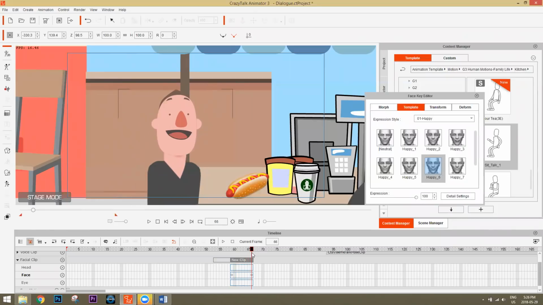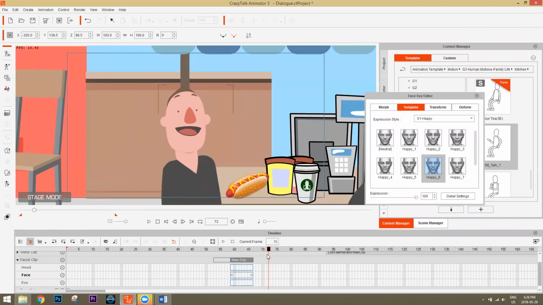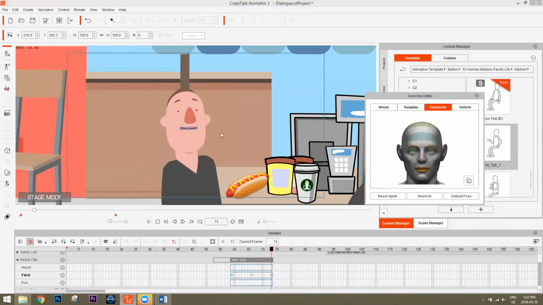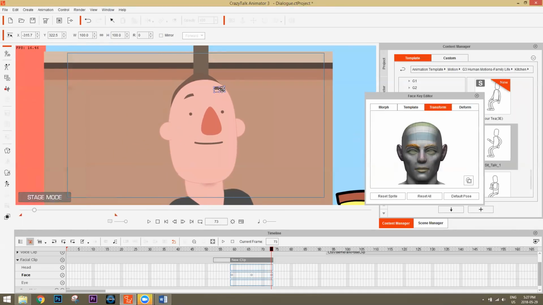And if you want to add some additional facial animation to that, what we can do is from here to here, let's have his eyes wink up like I mentioned before, and his eyebrows will go up even further. So let's go ahead and add a neutral expression here. Right here he's back at the neutral expression, but we're going to go to transform, take his eyebrows, zoom in really close on his eyes, and move those eyebrows higher up, just like this.